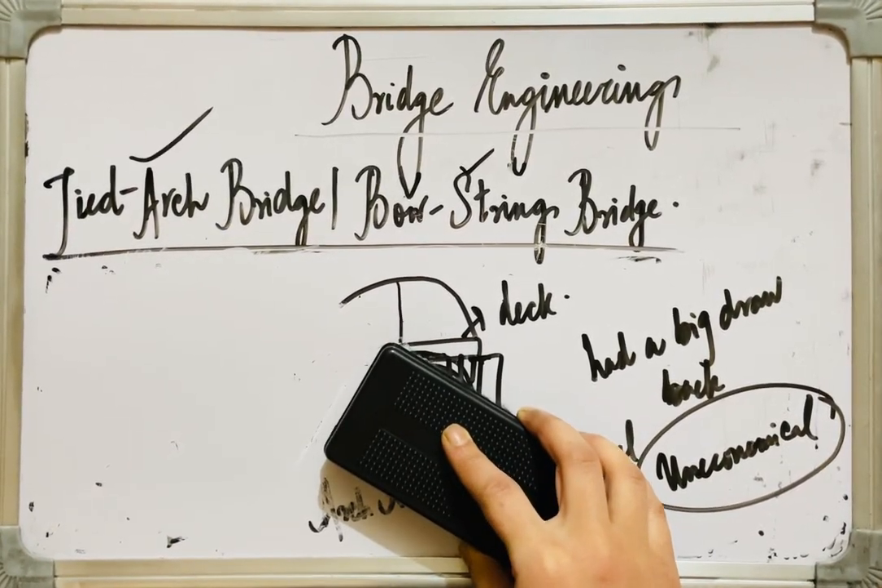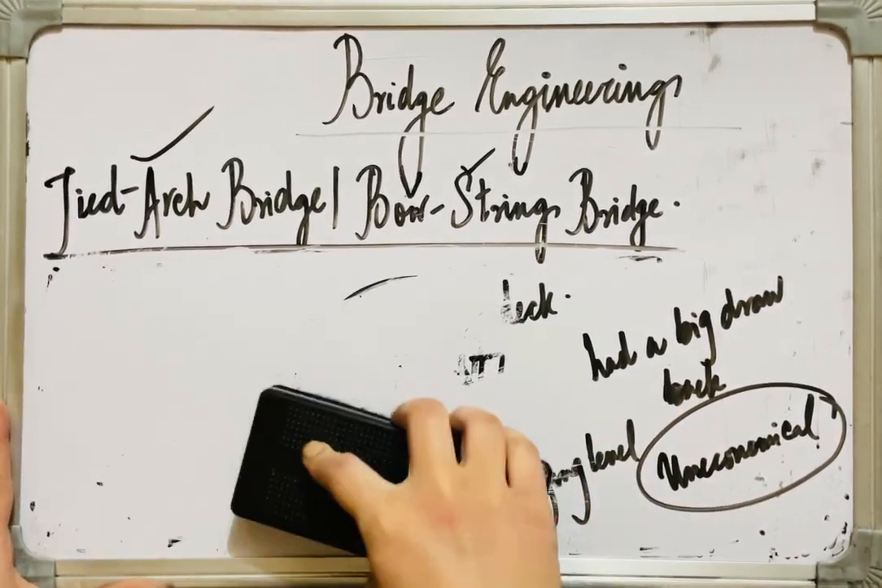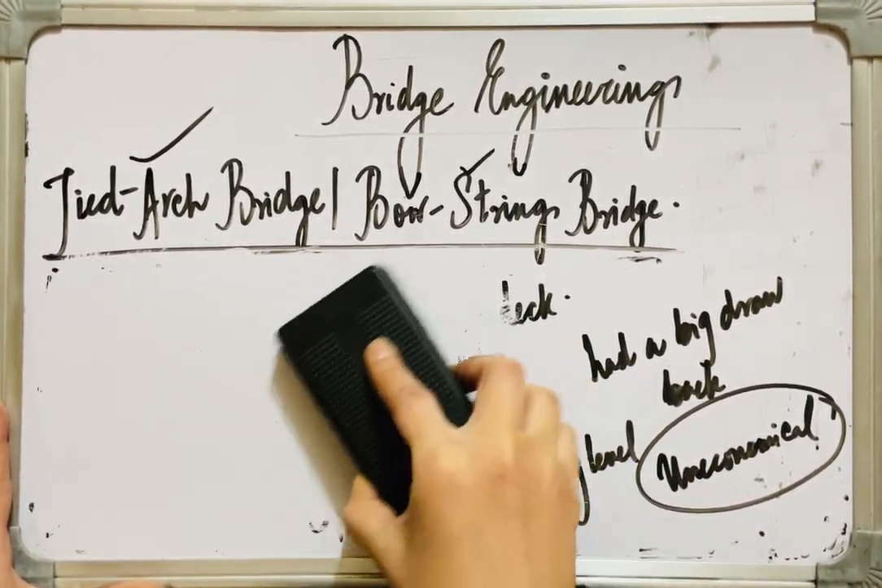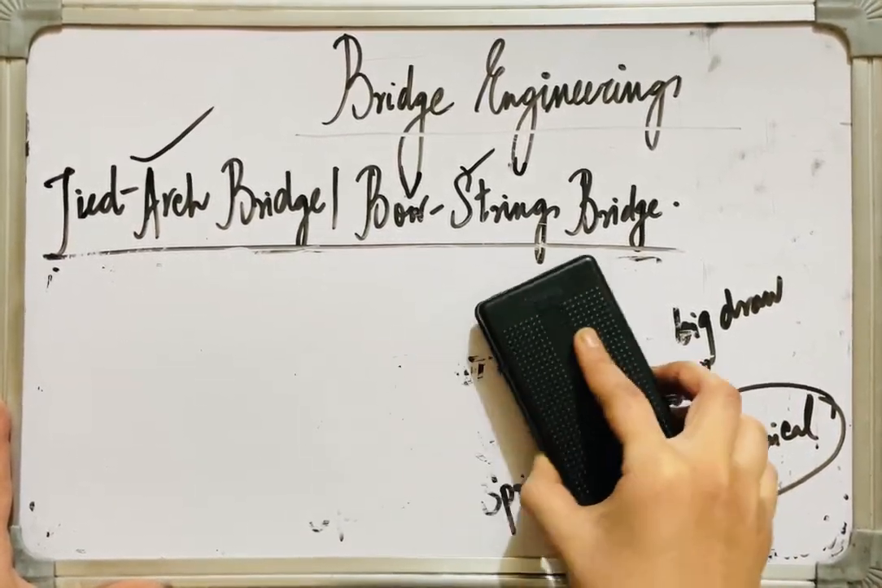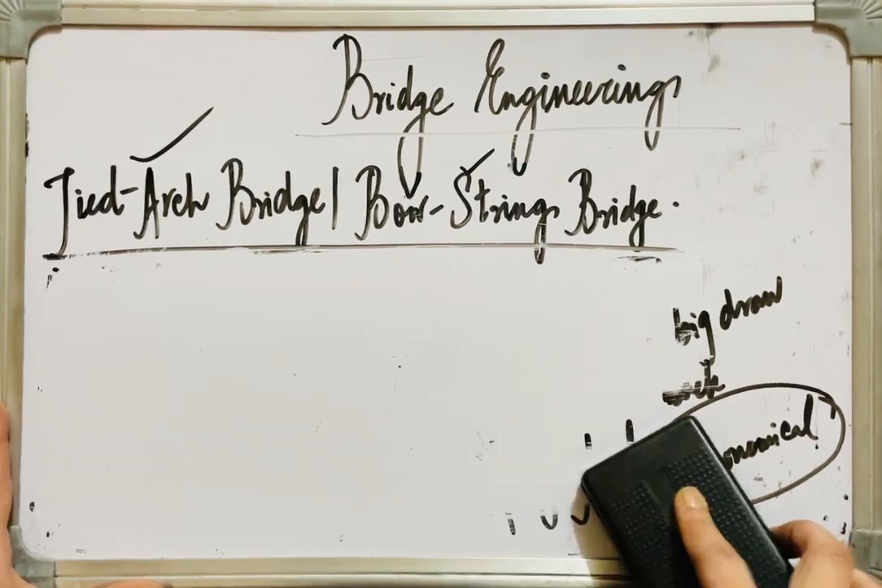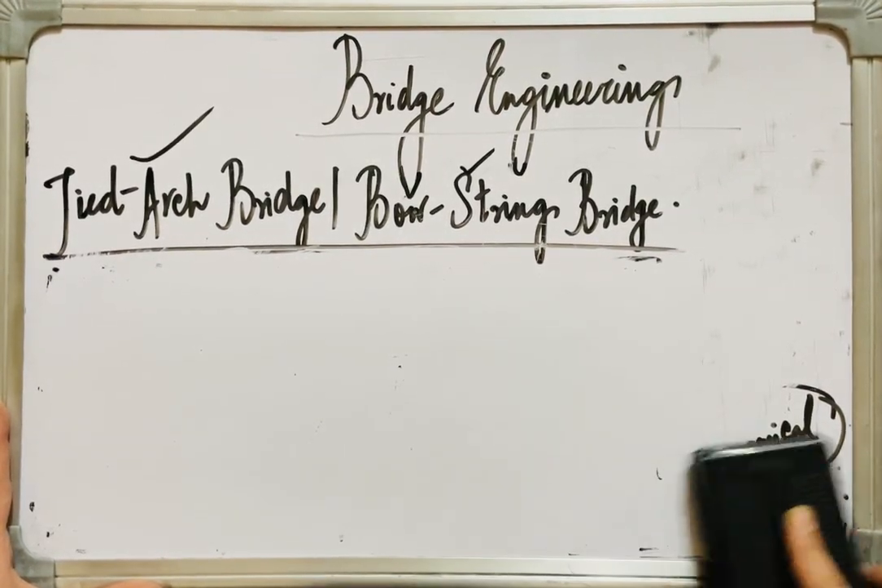Now these advantages make these types of bridges quite suitable for multiple spans and at those places where vertical clearance is limited. All right. Now we have two types